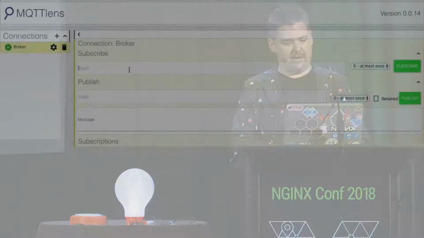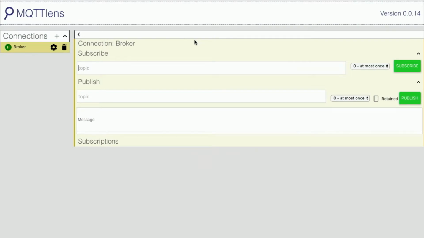It's open sourced. It's fairly solid. So the first thing I'm going to do on this is just subscribe to the topic that each one is going to be connecting to, which is lights. So now when these devices are already programmed to, they're already connected to the broker, I hope. Let me just check that. They're already connected to the actual broker.